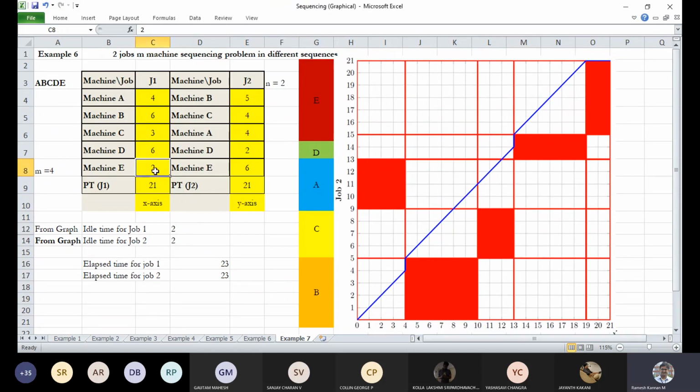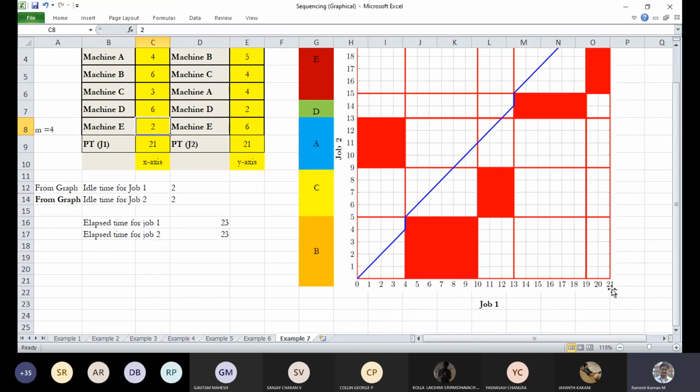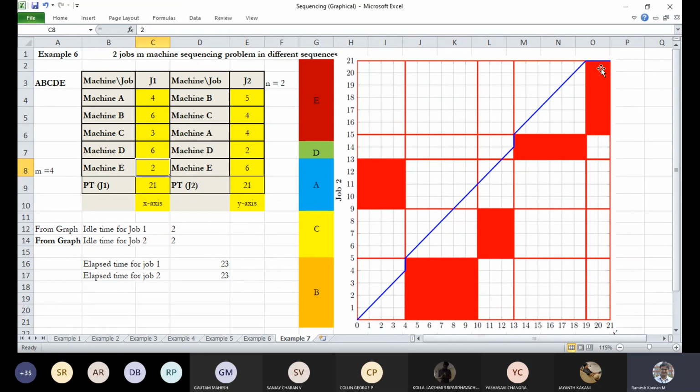Then we talked about the final machine, which is E, which has only 2 on the x-axis, 2 in duration. This is E, and corresponding to that, 6 units in the y-axis. So that's all. You first formulate the x and y-axis, then you label, and we create an imaginary line with the units of time of the particular machines in both horizontal and vertical. If you take horizontal, you have a vertical line, and if you take vertical, you'll have a horizontal line. As simple as that, right?